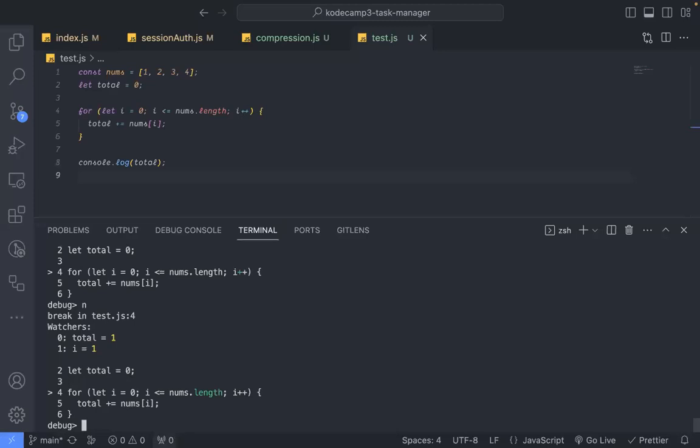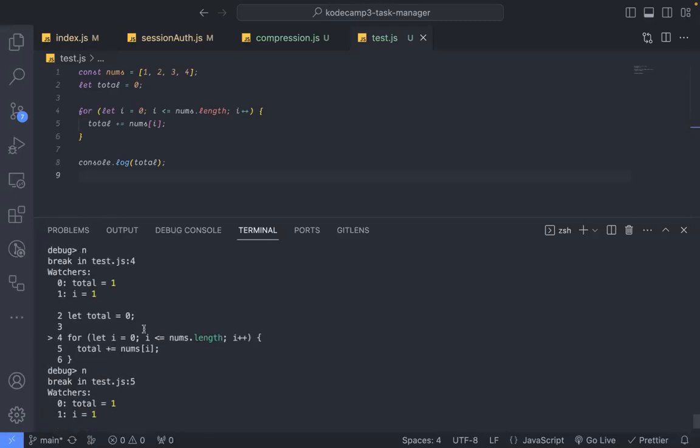And now if you hit N, hit enter, you see that the length of the array is still less than I, because I is 1 and the length of the array is actually 4. So I is still less than the length of the array. So if you hit N, you hit enter, you see now the total is 3, because total was initialized to 1. When it got to 1, that is, it was 0. So when it iterated and returned the first element in the array,